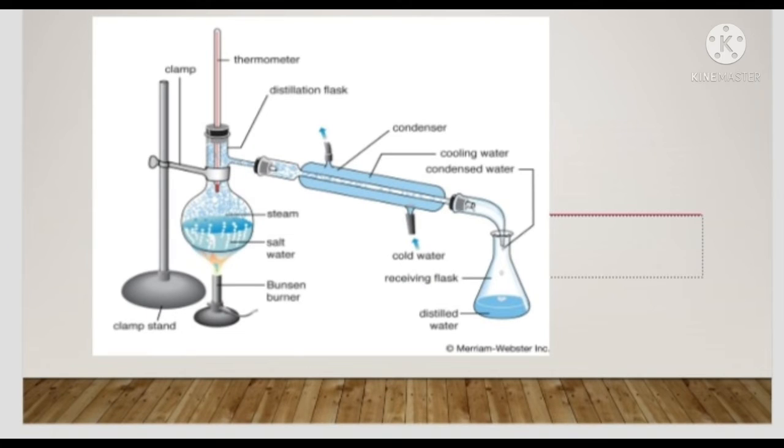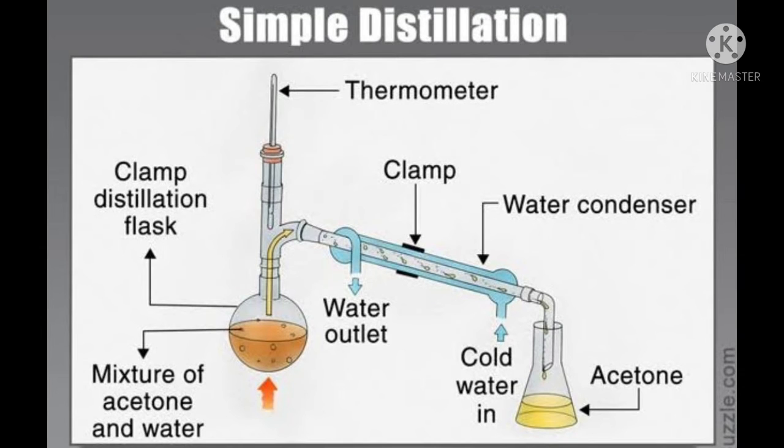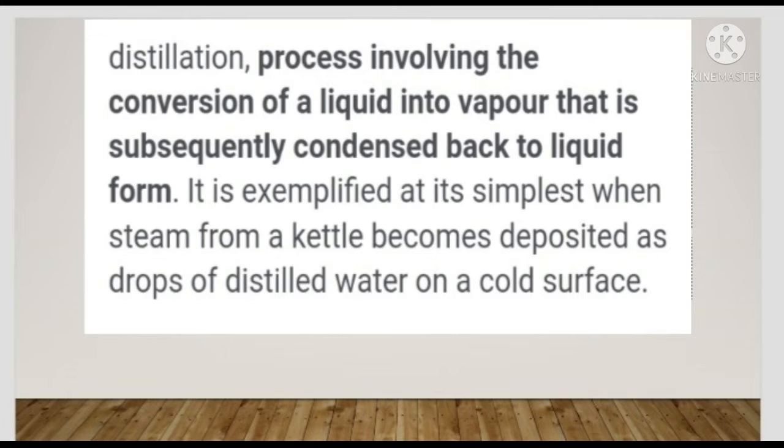Where did this drop come from? The salt water in the round bottom flask boils on heating. The water in it vaporizes. When vapor passes through the inclined tube, it gets cooled due to the surrounding cold water and condenses to form water. Thus drops falling into the conical flask are water from salt solution in round bottom flask. Salt remains behind at the bottom of the round bottom flask. When all water is collected in conical flask, this method is called distillation. Distillation is also used for purification of impure liquid.